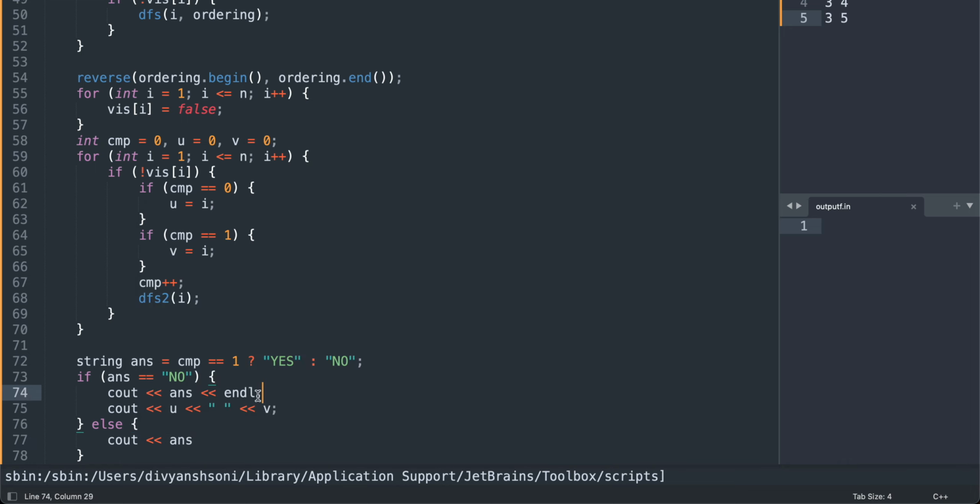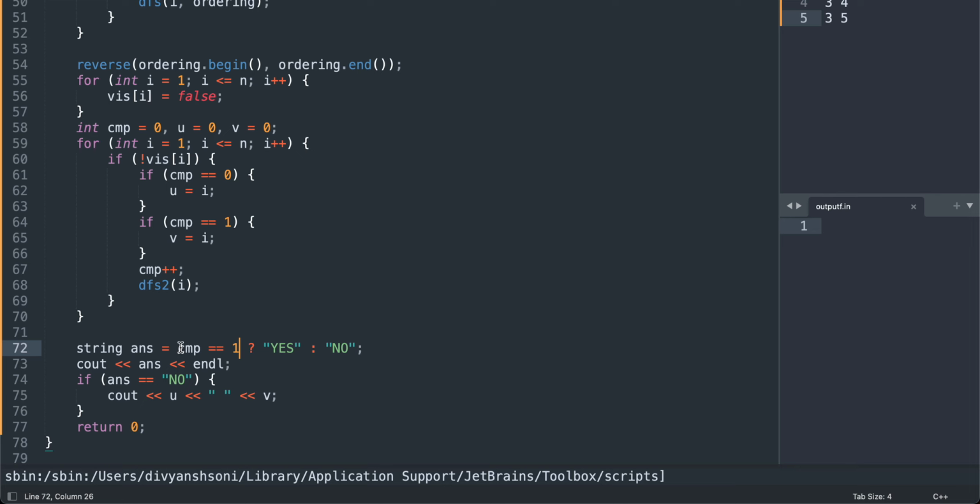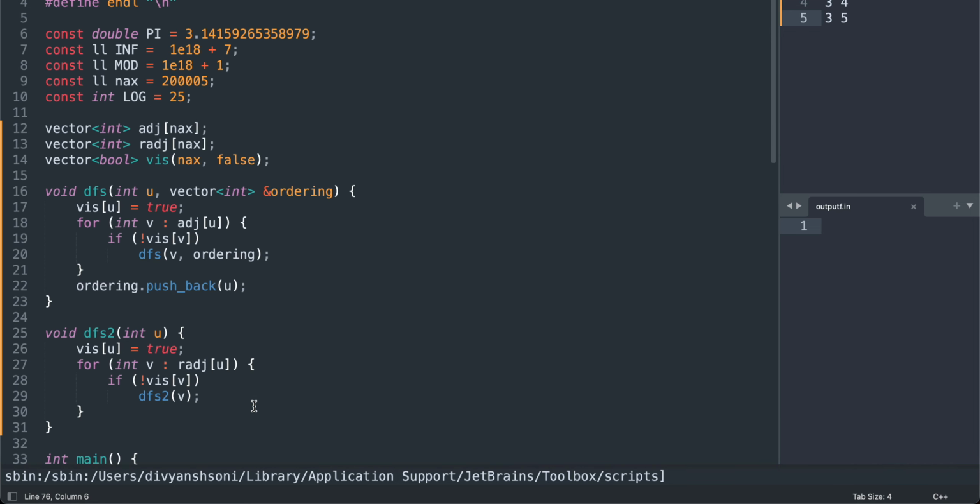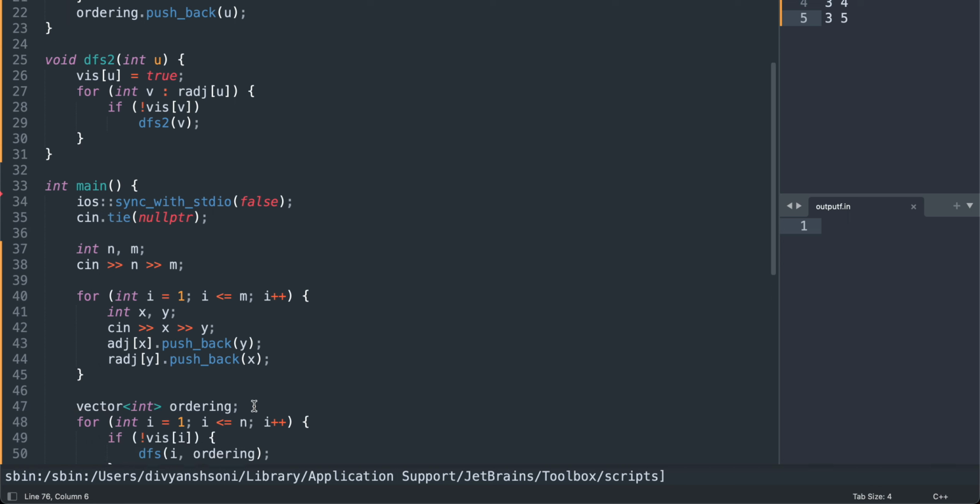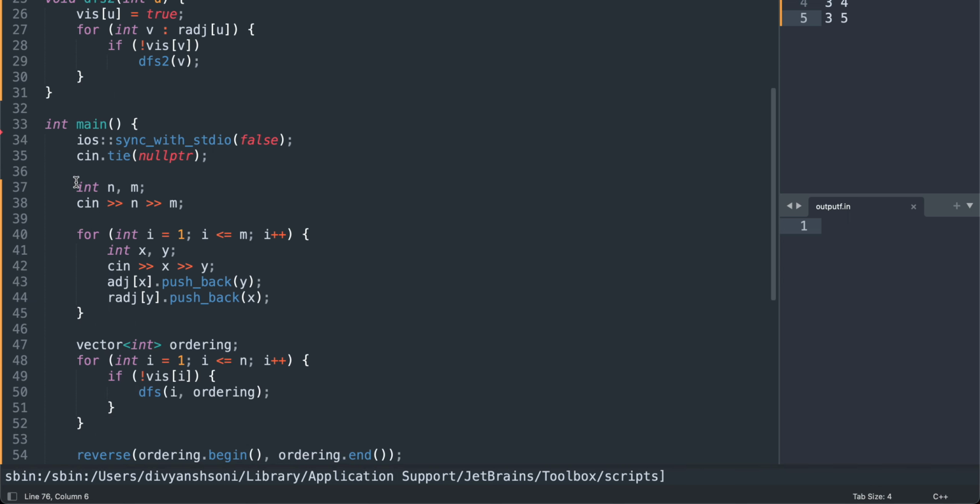Answer is equal to component is 1. So if component is 1, then it is yes, otherwise no. Only one component, and print that answer whether it is yes or no. If answer is no, then also print u and v, and return 0. Let's see is it correct or not. We have an m. We read all the edges